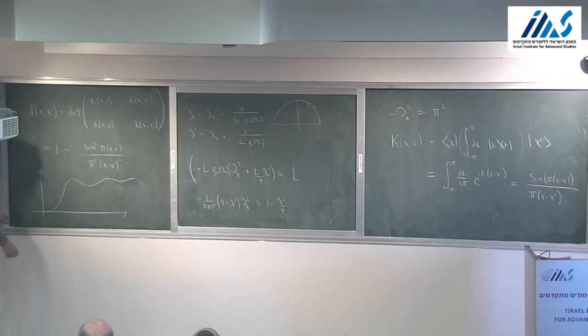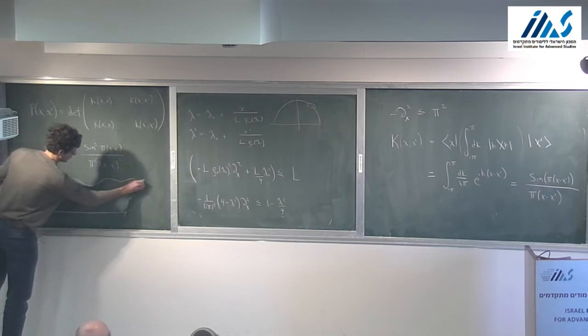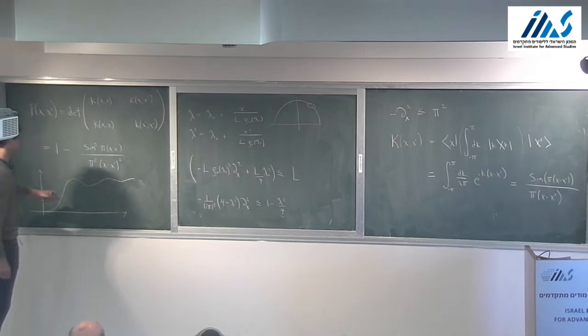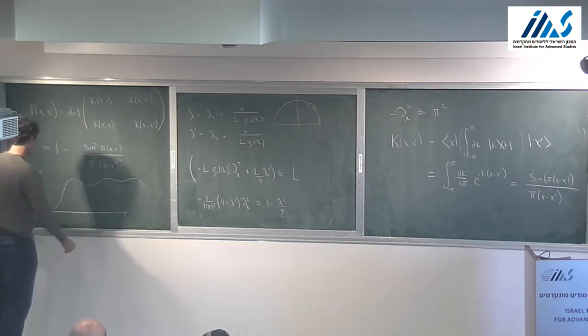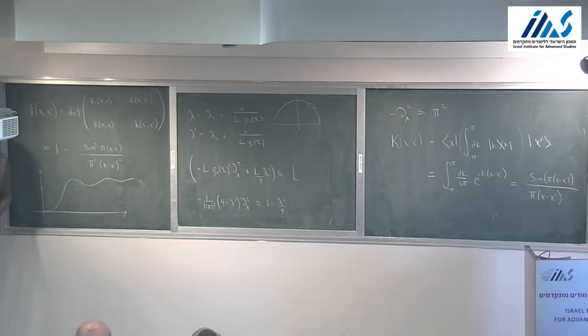The other feature of this thing is it has this envelope. We could draw some envelope function here. And the envelope function is like 1 over x squared. So there's slightly higher probability for the second eigenvalue to be far away from the first eigenvalue. And that small change of the probability is decaying only as a power. So this is a very long-range effect. This effect is known as the spectral rigidity. And it's a sort of surprising feature of these eigenvalues, that they have a very long-range power law repulsive anti-correlation with each other.